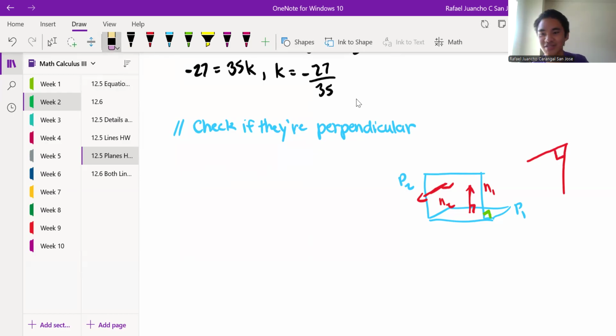So we're going to check if the dot product of N1 and N2 is 0. That's the only way to check. No, I'm kidding. I don't know if that's the only way. That's how I would do it though. If two planes are parallel, then they have the same normal vector. And therefore, maybe, if two planes are perpendicular, then their normal vectors are perpendicular also to each other,